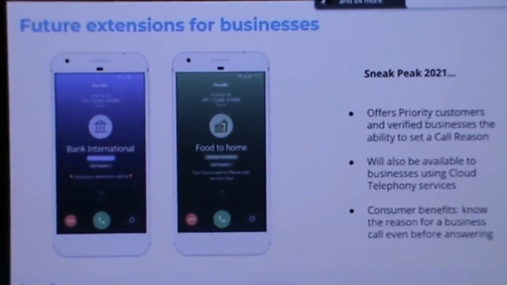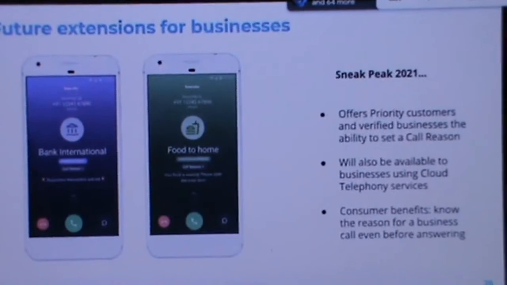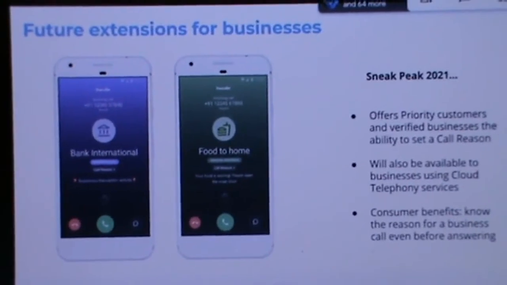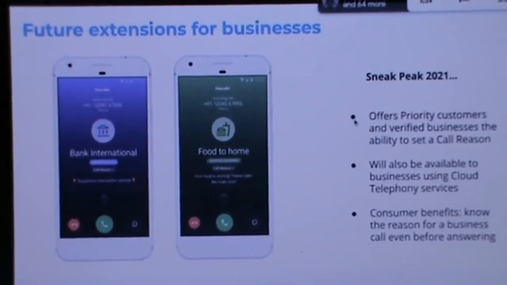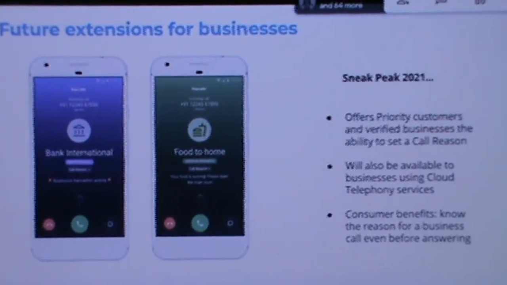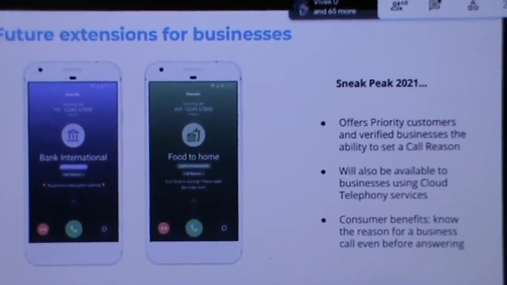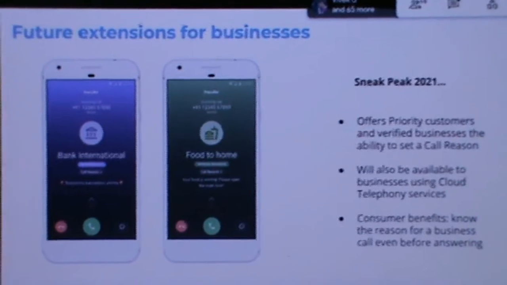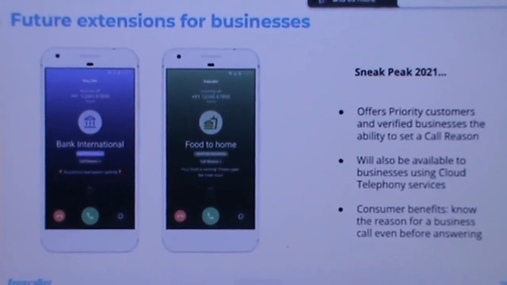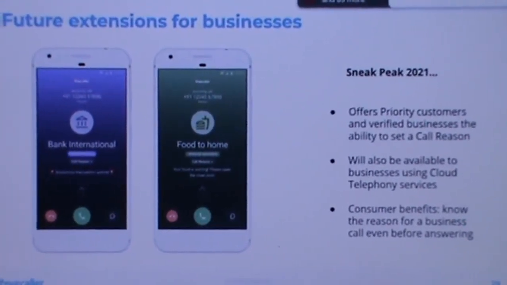I can give you a real-time example here. There is a suspicious activity or a large transaction on my credit card, and at the same time I'm getting a call from our priority bank partner. Okay, this is regarding your last transaction, or this is regarding a suspicious transaction activity. So here there are two reasons. Firstly, it's a priority call. Second, there is a relevant and adequate call reason. High chances I'll go for this call, and obviously within a time limit I can control the damage.